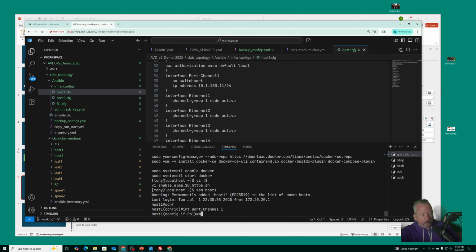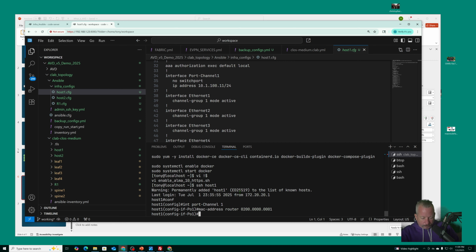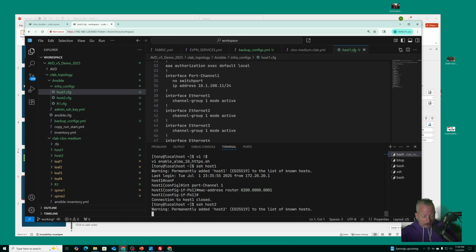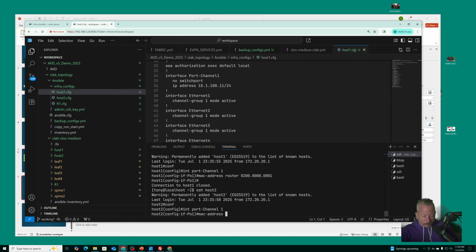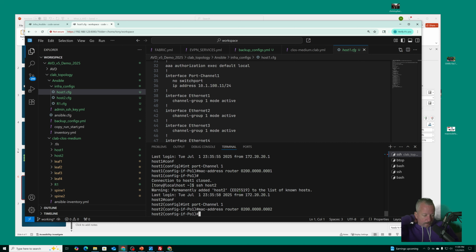port channel 1. I want to give them MAC addresses, so that when we do any kind of show command, we can actually look for a specific MAC address rather than some rando MAC address that they have. So giving them specific static MAC addresses, so that when they ping,